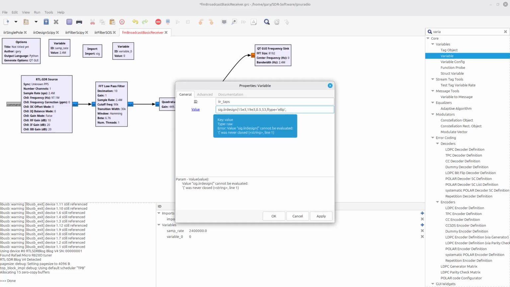Next, it has several different ways that you can output the taps. The two that I've dealt with a little bit are what they call BA, meaning it just gives you two arrays of the B and A taps. And then there's also an SOS, which means second order section, meaning it's going to output a series of different arrays which allow you to put in IIR second order sections.